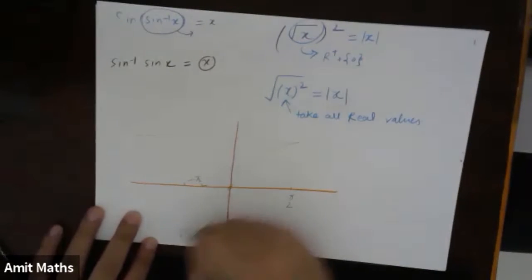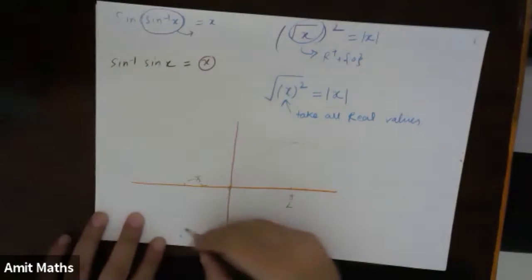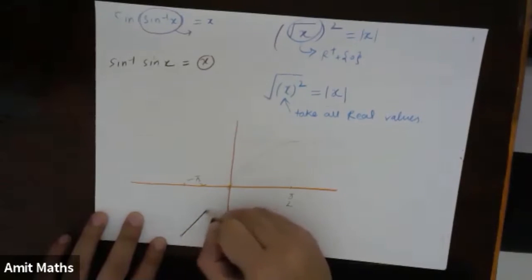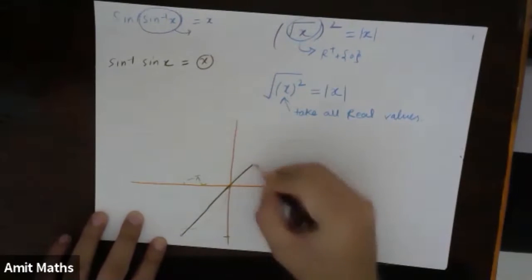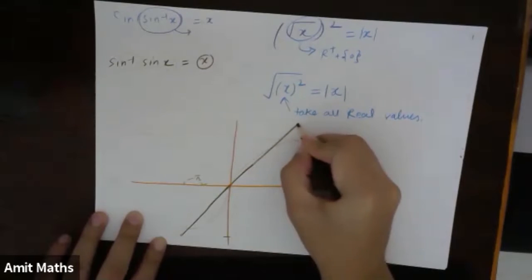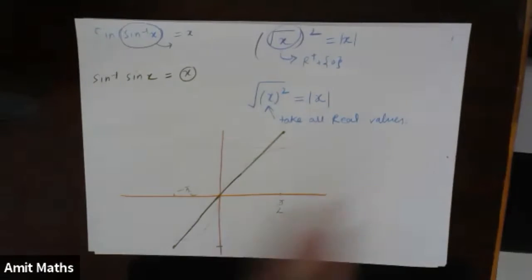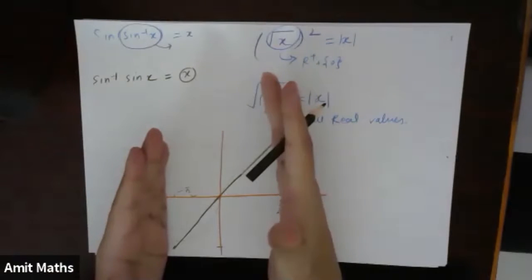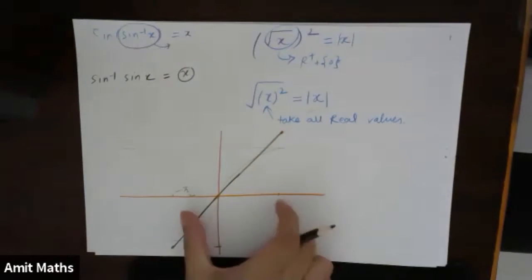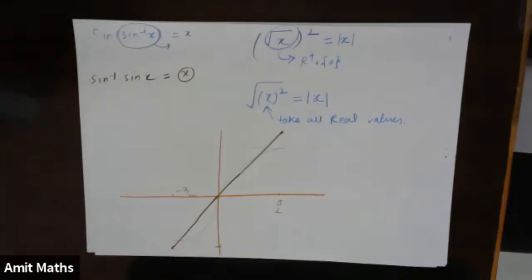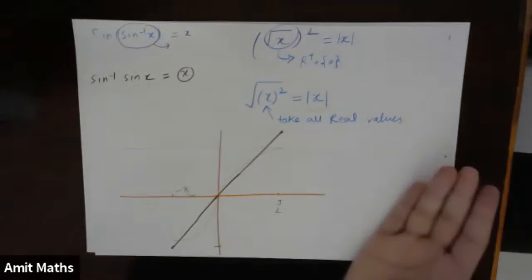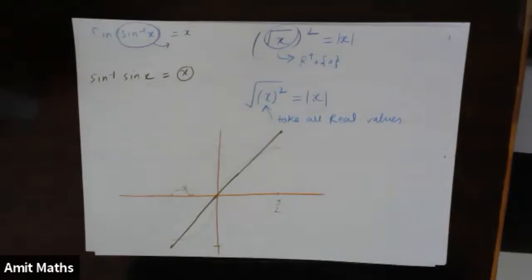So basically, whatever value you are keeping inside, it is giving you output as the same value. This part is okay between minus pi by 2 to pi by 2 for everyone. This part is okay, I hope, right? Now, what happens if I move after pi by 2 or before minus pi by 2?